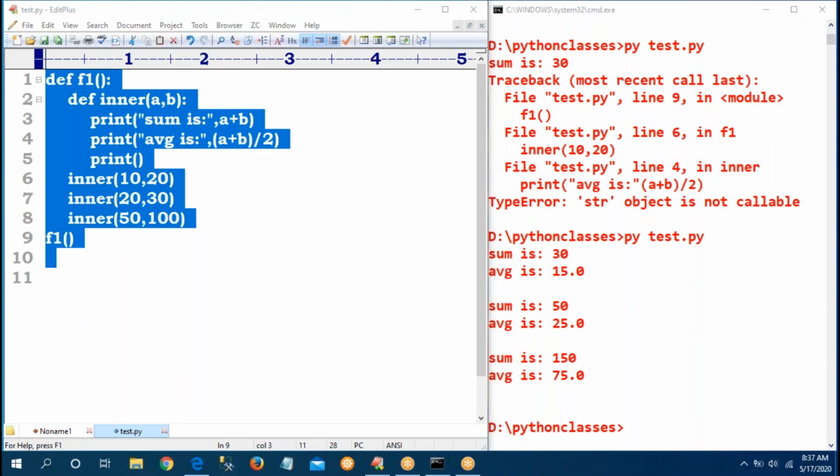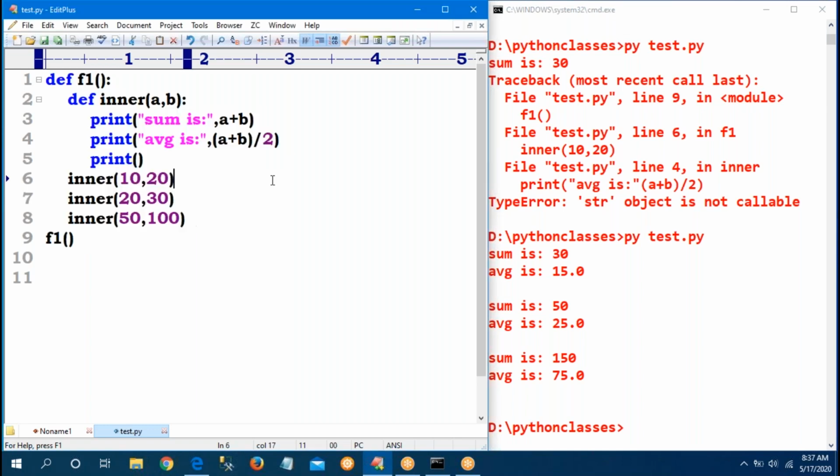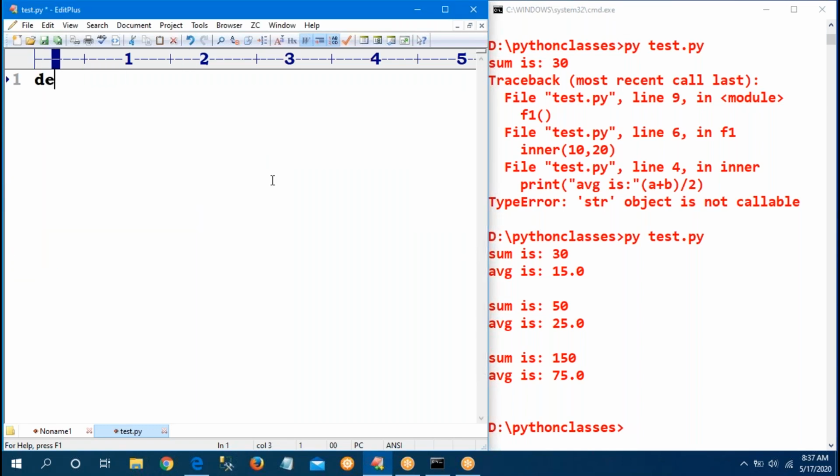Now I will write a small program. What is the output I will get? Please tell. Def outer. Inside, one more function, inner. First, here the outer function started.